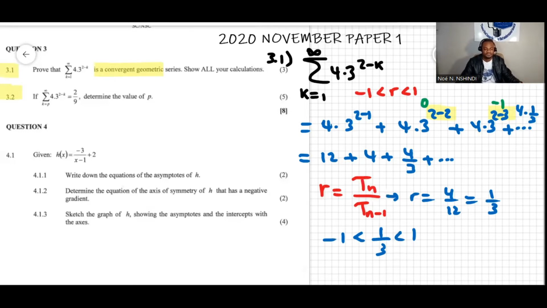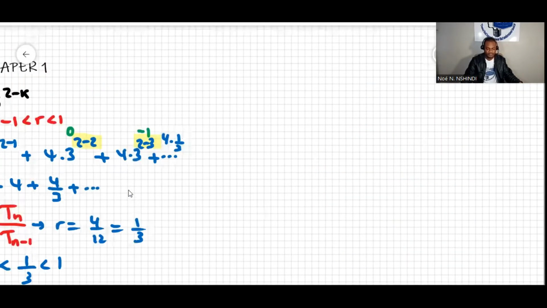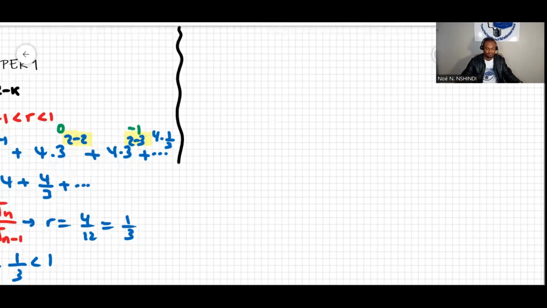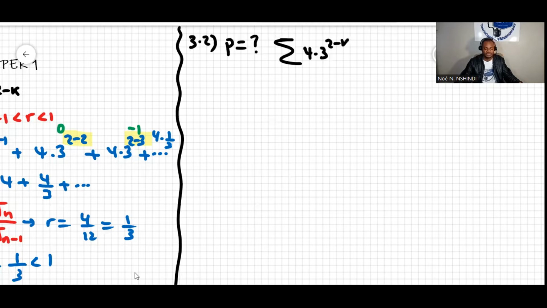Okay, and then the following question is question 3.2. The question says that if the sum of 4 times 3 to the power of 2 minus k, k starting from p to the infinity, equals 2 over 9, determine the value of p. Okay, let's just move like this. 3.2. So we are looking for the value of p if this sum of 4 times 3 to the power of 2 minus k, k starting from 1 to the infinity,